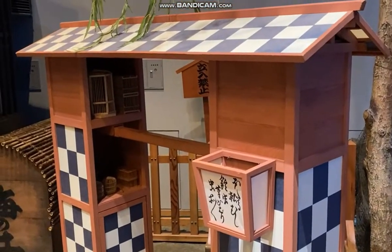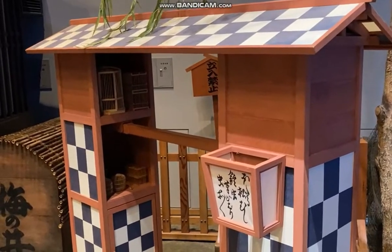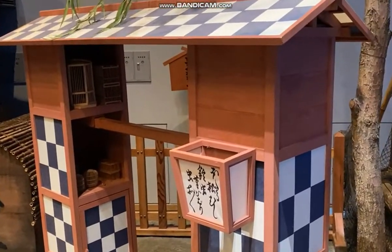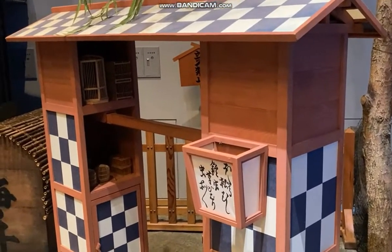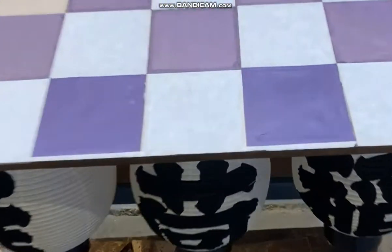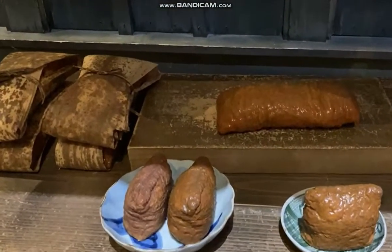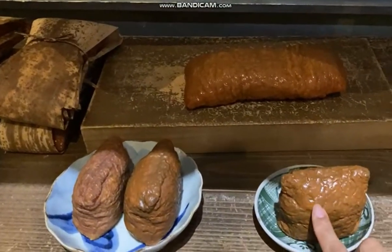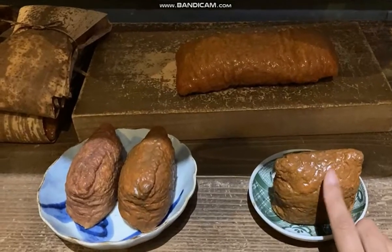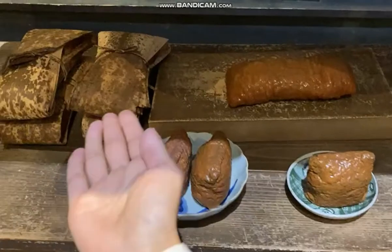Richard asked, is this a house for the small wrestler? No, not for a small wrestler, but yes, it was a boat house or shop. Let's see what they are selling. Have you had inari before? Inari zushi. It's basically deep fried tofu filled with vinegared rice. So they are wrapped